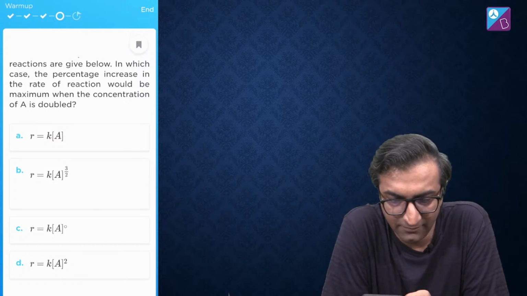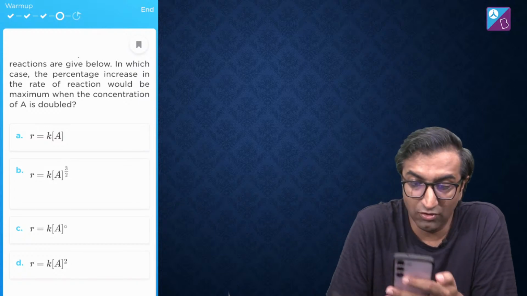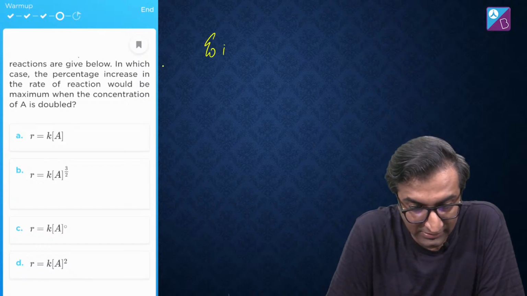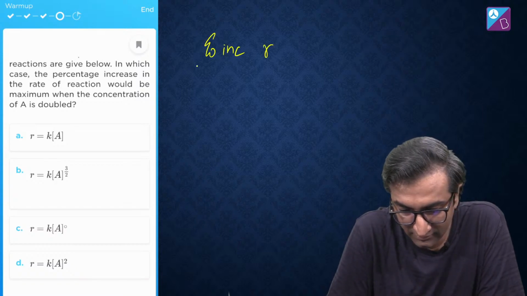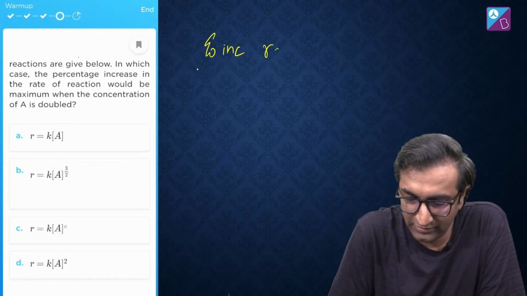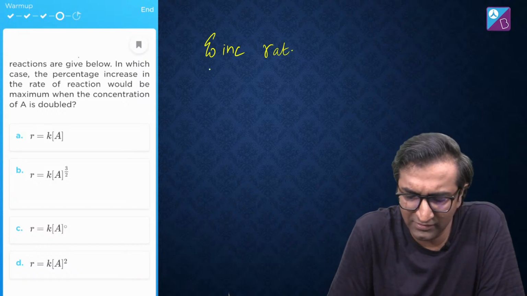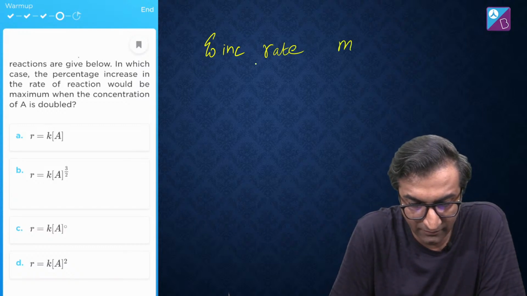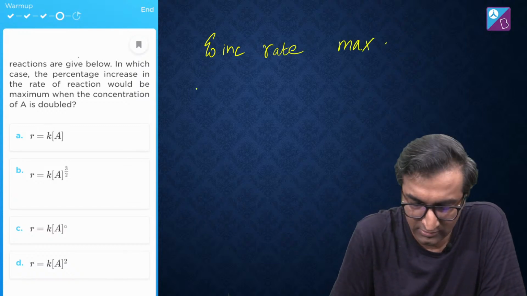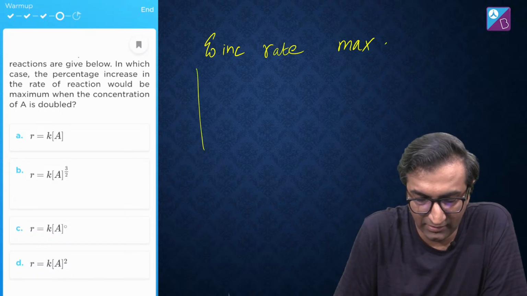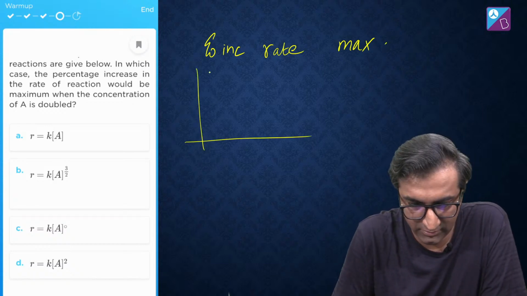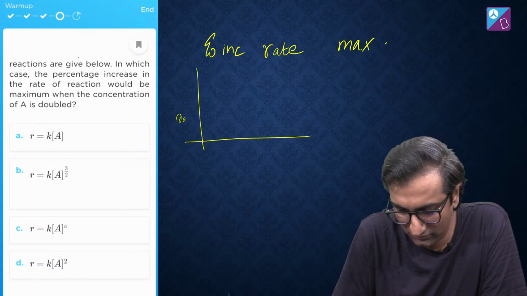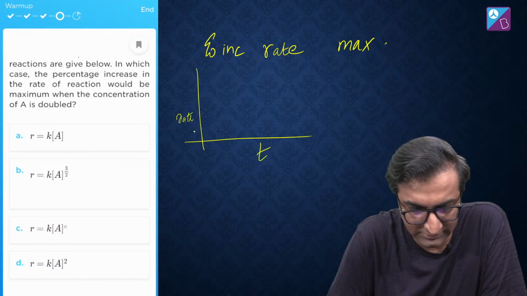What do you think about this one? क्या करें इसको? इसमें बोल रहे हैं percentage increase in rate. Okay. तो रेट इज गोइंग, ओके ठीक है, परसेंटेज इंक्रीज इन रेट मैक्सिमम जब कॉन्सेंट्रेशन डबल किया जाए. अब देखो दिस इज लाइक सेइंग, ओके आई विल टेल यू हाउ टू डू दिस मैथमेटिकली बिकॉज आई लाइक मैथ्स. परसेंटेज इंक्रीज इन दिस थिंग, ओके,